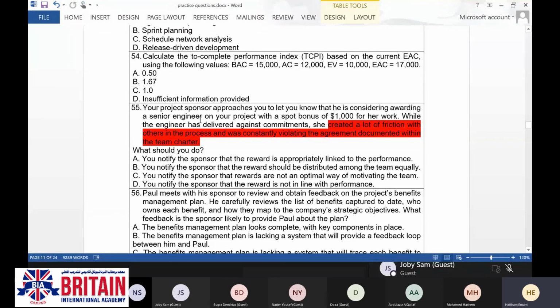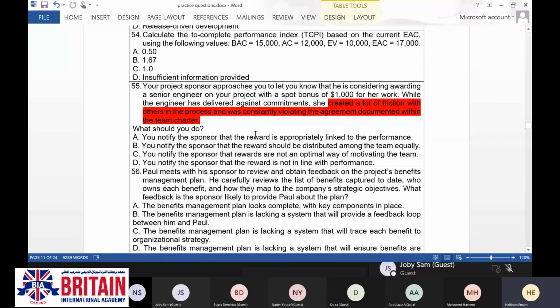Otherwise, go back and read the question again. But maybe you will have a large paragraph, 7 or 8 or even 10 lines. Reading the question itself, maybe it's going to take like 3 minutes or 4 minutes.